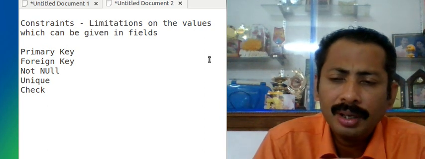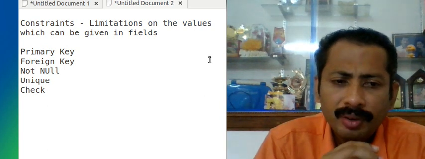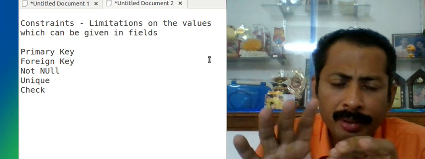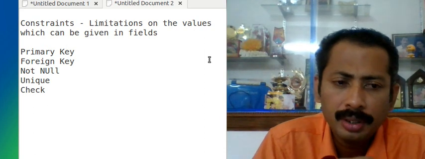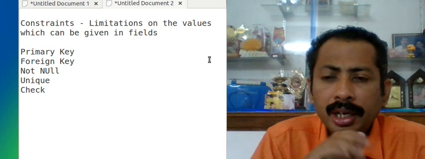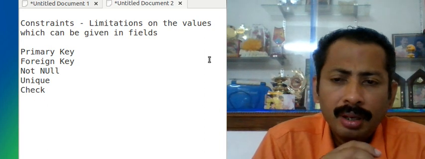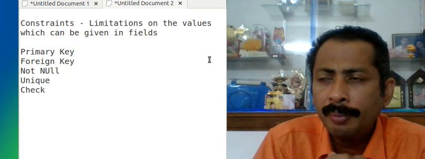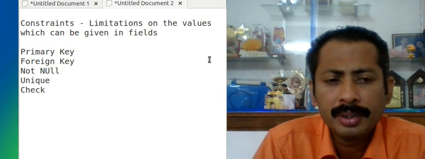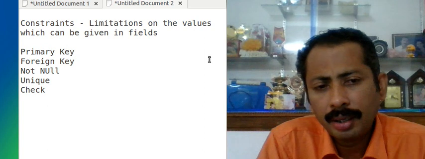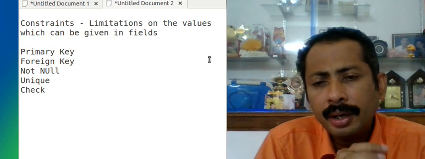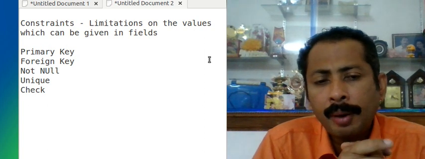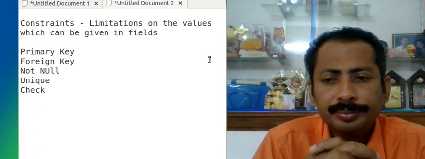Now we have the constraint as foreign key. Foreign key is used for establishing relations between tables. Assume that I have a table having department ID as one of the columns, and I will be having another table with department ID as the primary key also.